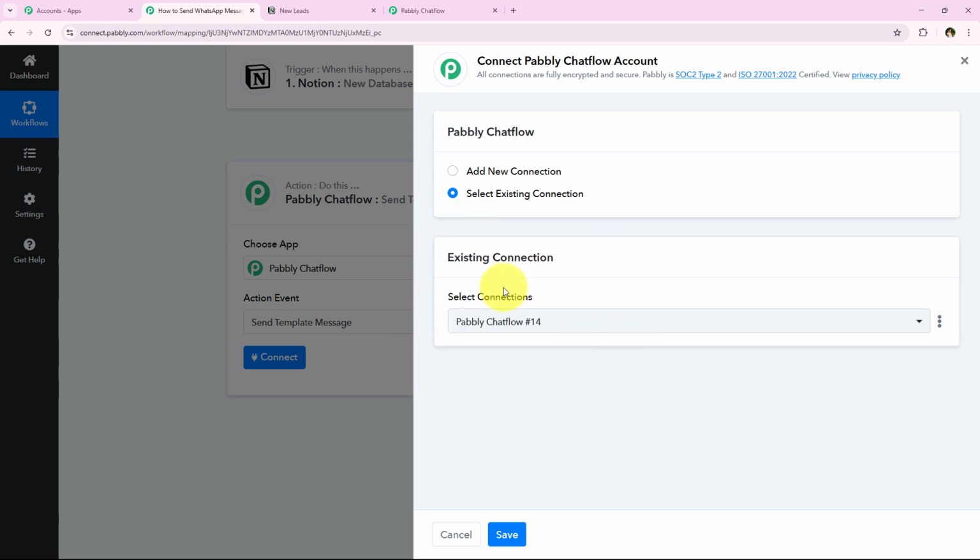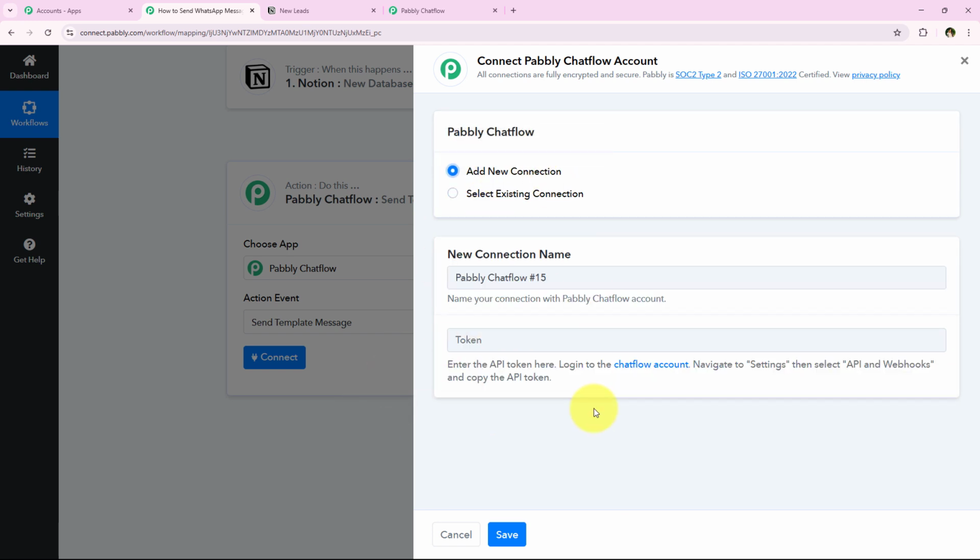Alright, so now after selecting the action application and the action event, we just have to click on connect. After clicking on connect, it is asking me to add a new connection or select an existing connection. If you've already connected your Pabbly Chatflow account with your Pabbly Connect's workflow, you can click on select existing connection and then save. But if you haven't, you have to follow me, click on add a new connection, and now it is asking